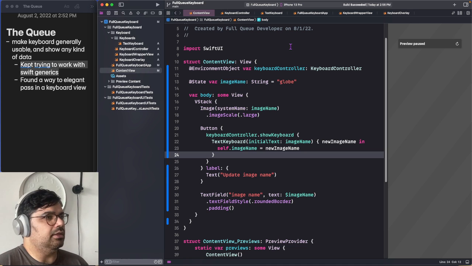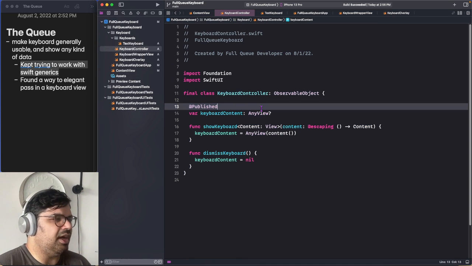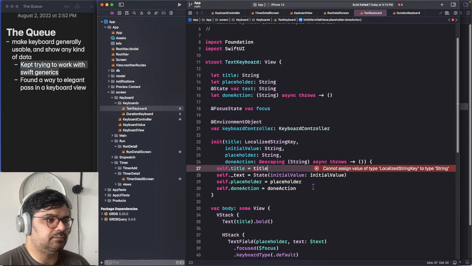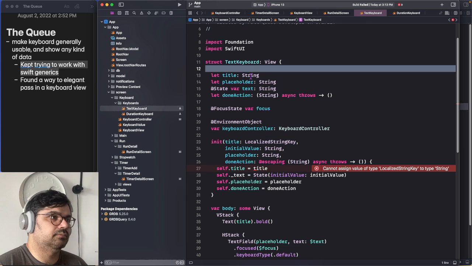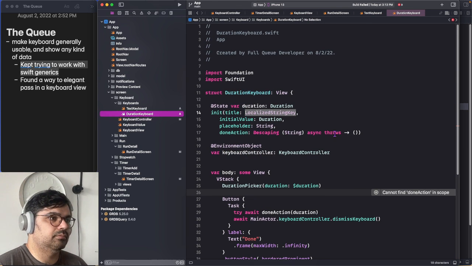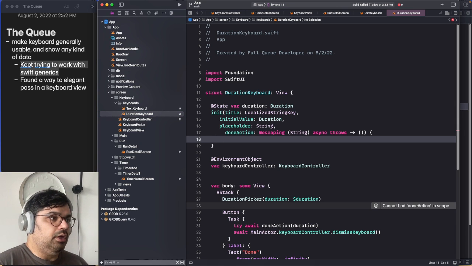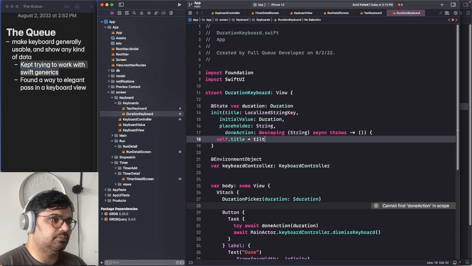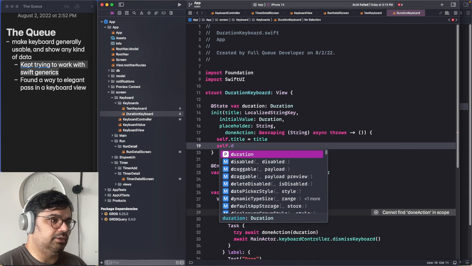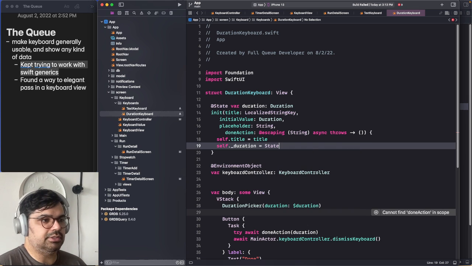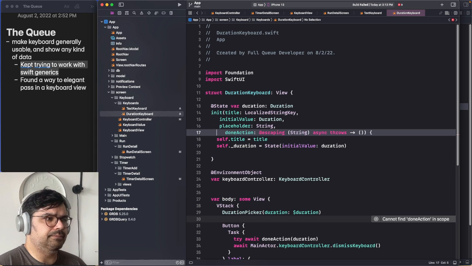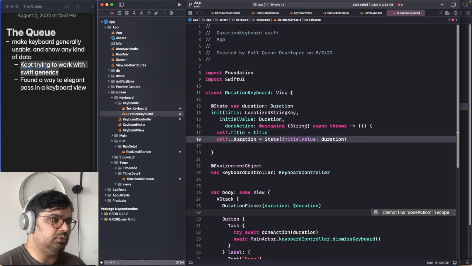Yeah, I was thinking this would be like a library or something, but I think it's not really. There's not much to this. Okay, so now we store some values. Self.title equals title. Underscore duration rather is state with the initial value of duration. Duration doesn't have a placeholder, but we will store the